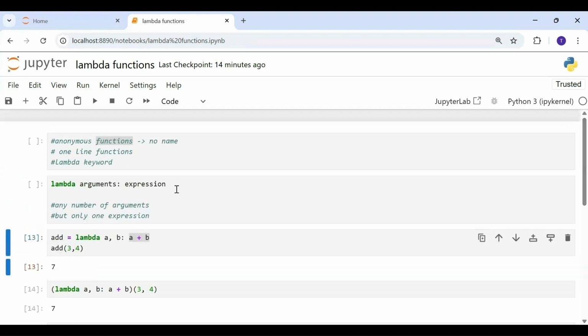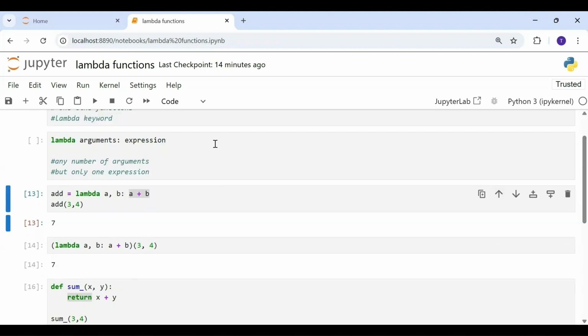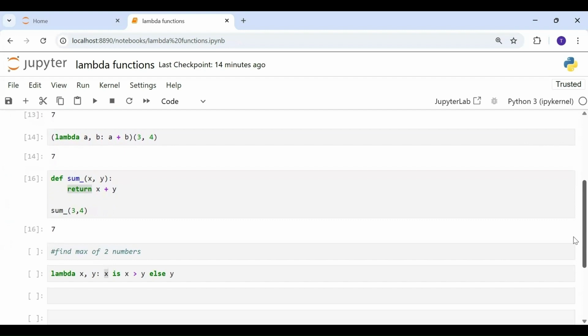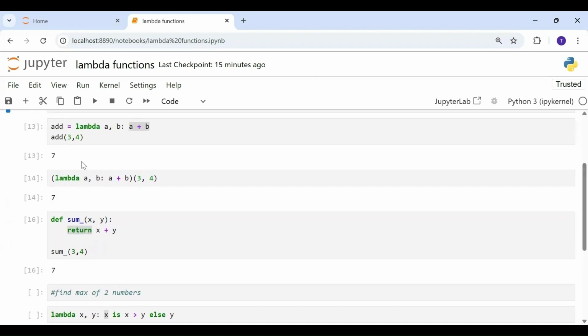So a quick recap, we have seen what a lambda function is, and a lambda function is a small one-line function. We call it an anonymous function because it doesn't have a name. Then we saw how to create a lambda function. So this is the syntax: lambda, arguments, and then colon expression. Then we saw the difference between the lambda and the regular function. In the case of a regular function, we use the def keyword.